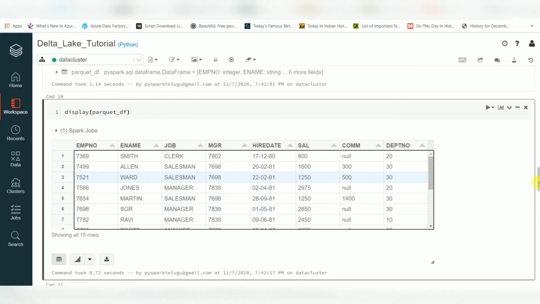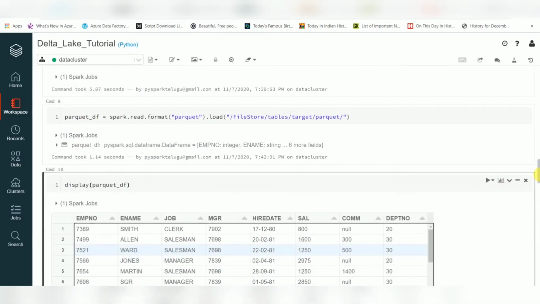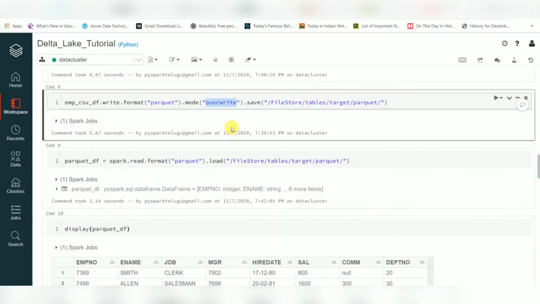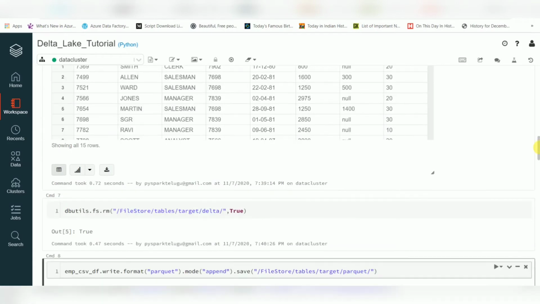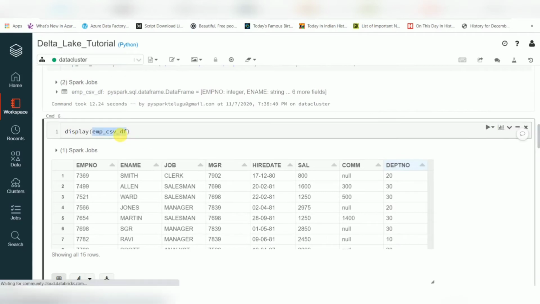Now I am going to add an additional column in my data frame, and then append. Before running, this is my data frame which has 8 fields.